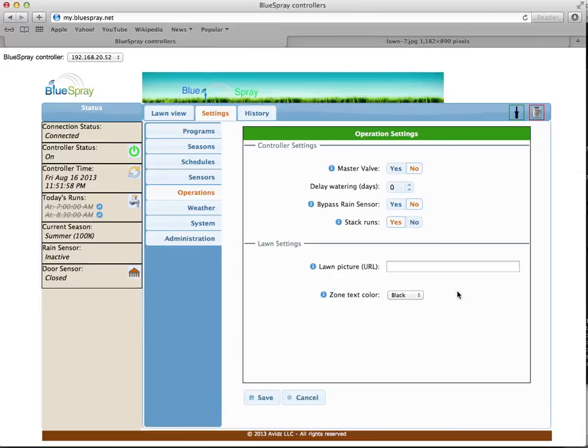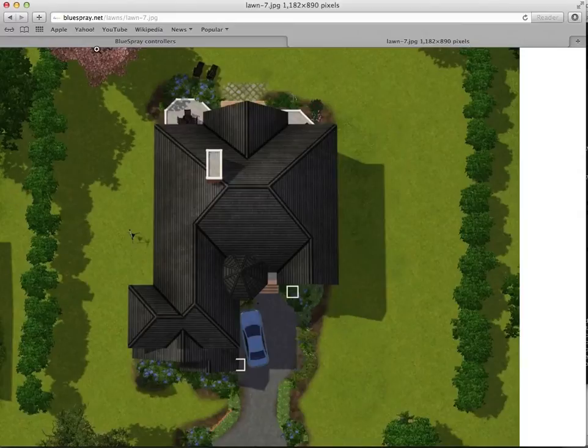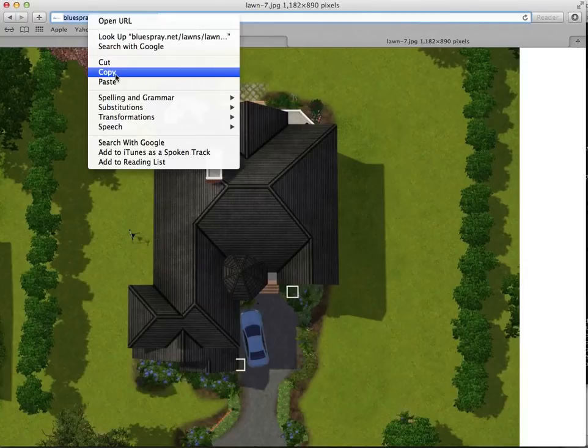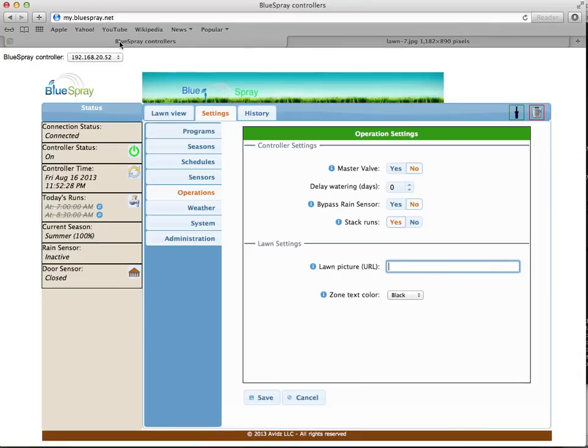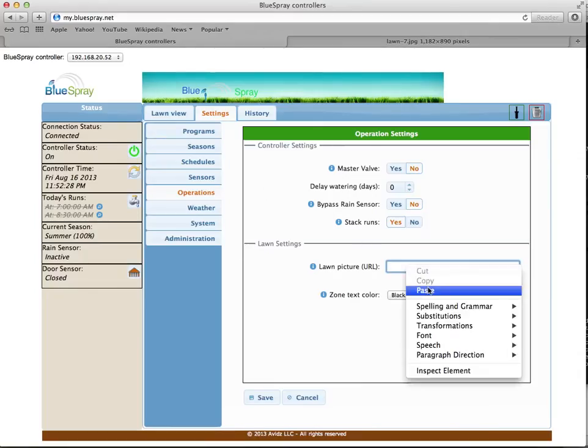For lawn setting, this is where you can change the picture of the lawn view. If you don't like the default picture, you can enter the URL of the picture where you host it. On the BlueSpray website, we have a few pictures you can choose to use. In this exercise, I'm going to try to choose this picture here,